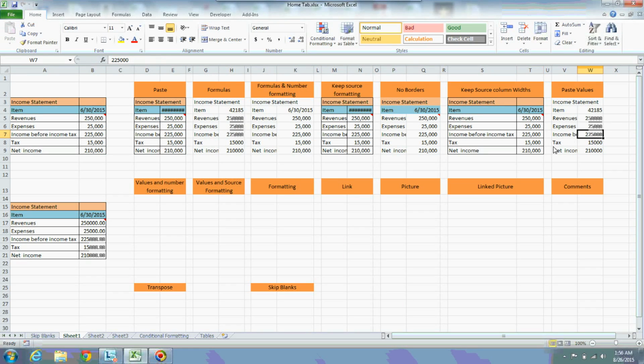Now there is no formula over here because we have selected an option called paste values. It means just paste only the values, but not any formatting from the source, and any comments will not be carried forward, as well as any formulas. Nothing will be carried forward except the exact values.